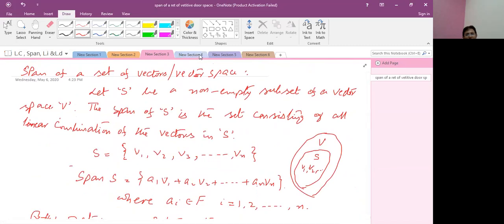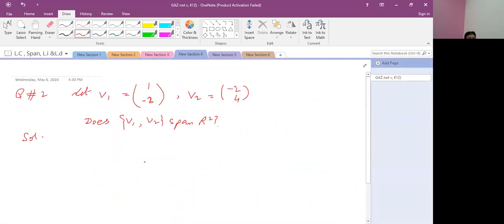I hope you will learn about span. Now we consider the second application about spanning. Let V1, V2 be vectors in a two-dimensional vector space. Does V1, V2 span R2? It is a question, student. So let me suppose here